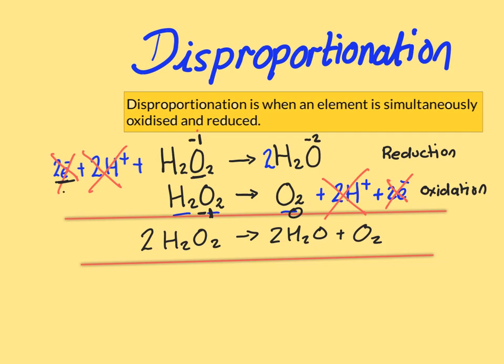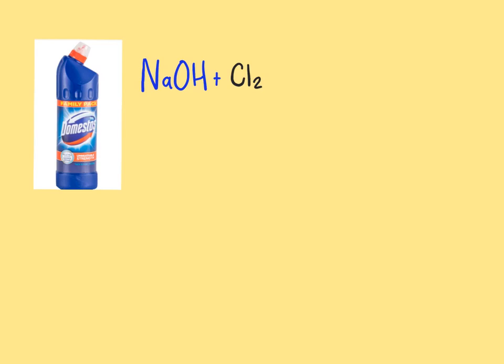So now we're going to look at a common example we find with chlorine and its compounds. Have you ever wondered what's in bleach? Well, if you mix sodium hydroxide and chlorine, you end up with a compound called sodium chlorate(I), NaClO. Now to finish balancing this, the chlorine atom must also react with another sodium ion to form sodium chloride. And to finish balancing this off, because we've got 2 sodium atoms, we also therefore need to